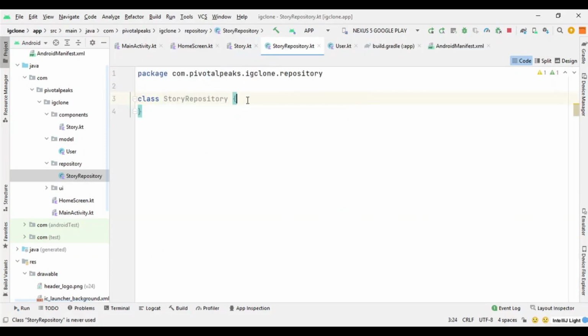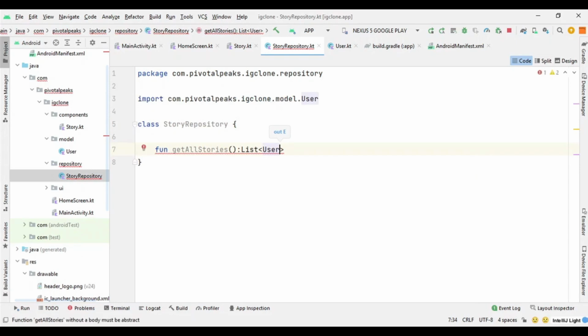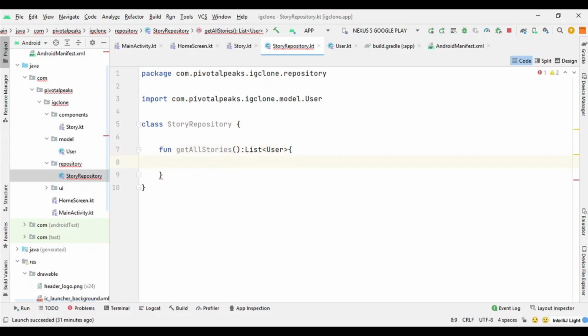Inside this class, we will create a function. So we can say fun getAllStories, and it's going to be of type List. So we can say List, and now we need to provide the data structure. So User is going to be the data structure, and then we can open the curly brace, and here we will say return